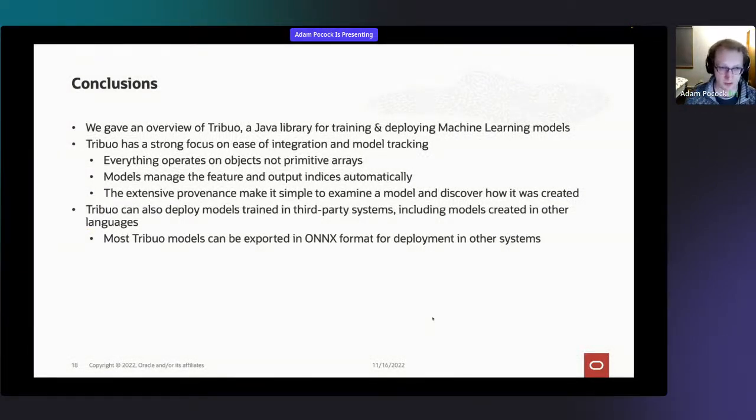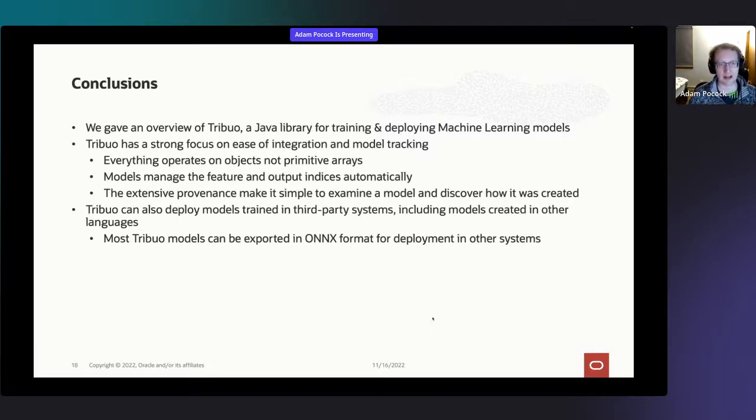So we've had a very quick overview of Tribuo, which is a Java library for training and deploying machine learning models. It's got a really strong focus on ease of integration into larger applications and tracking those models once they've been integrated. Everything operates on objects. We don't really deal with primitive arrays because we think that's not how Java programmers want to write.